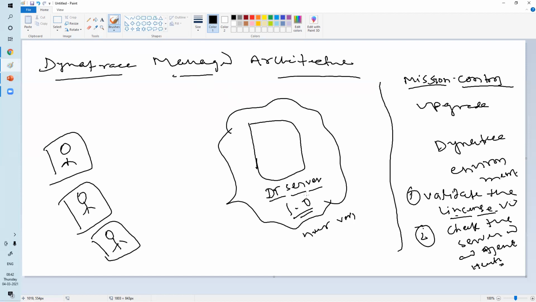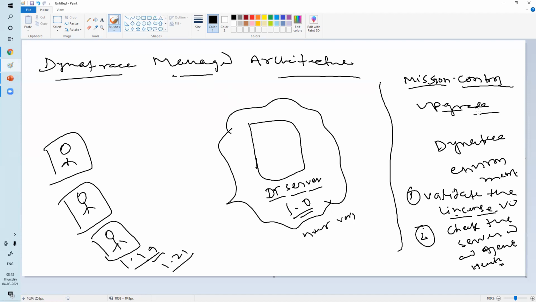Just like upgrading a mobile app, the same way it will upgrade your DT server. The agent also, if you want to upgrade. So now you are using 1.19 and the latest OneAgent version is 1.21 now. So you will get a pop-up that a OneAgent upgrade is available. If you wish to upgrade, you can upgrade. If you don't want to, you can keep it as 1.19. Something else.